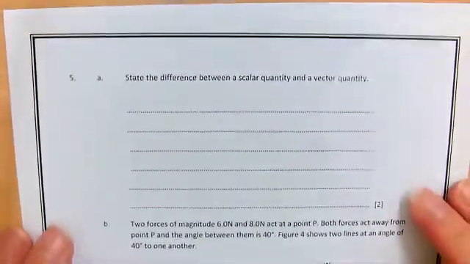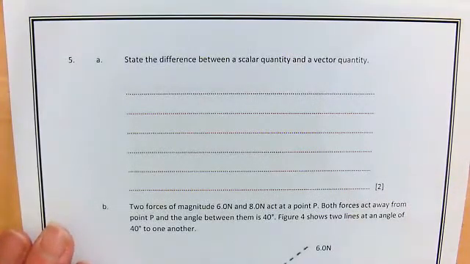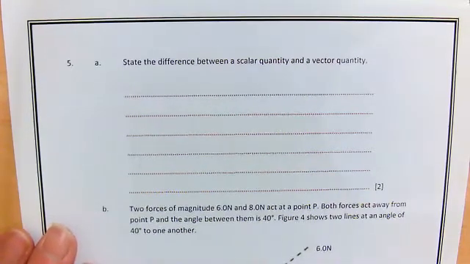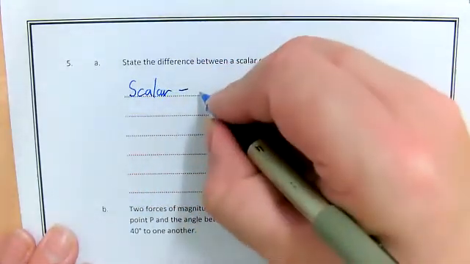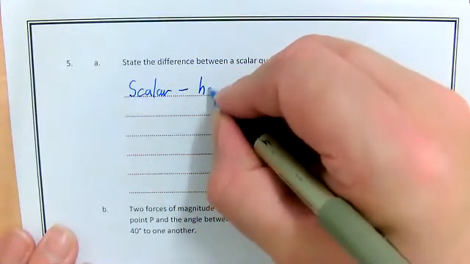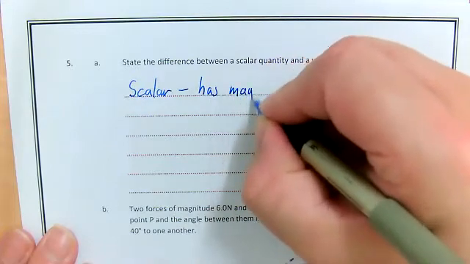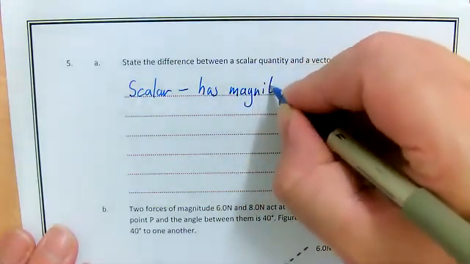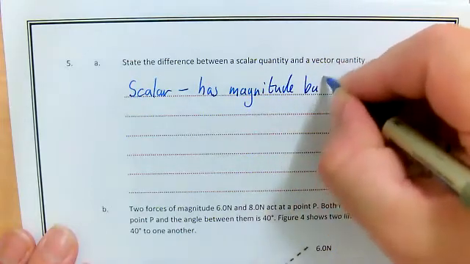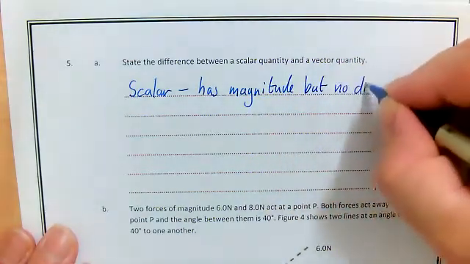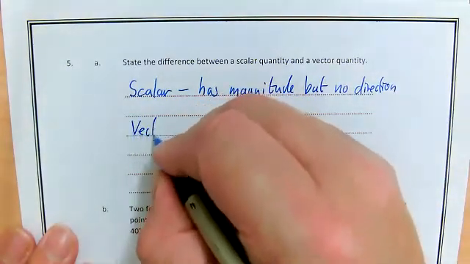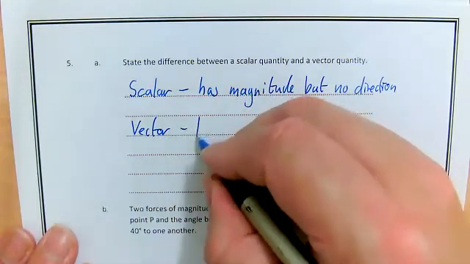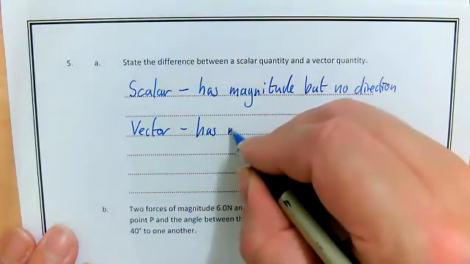Right, number 5, state the difference between a scalar quantity and a vector quantity. And it's the easiest 2 marks of your life. So the best way to do it is to define them. So a scalar quantity has magnitude, size, but no direction. Has a size but no direction. A vector quantity has size or magnitude,